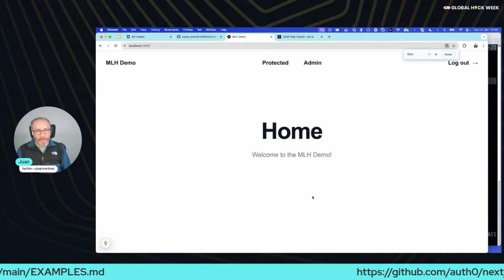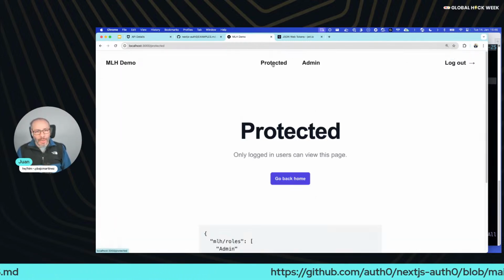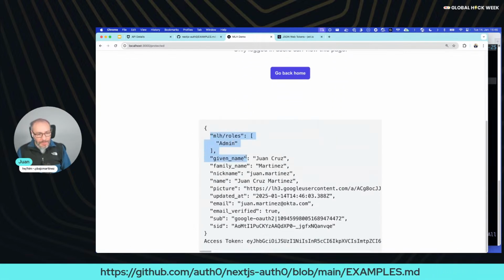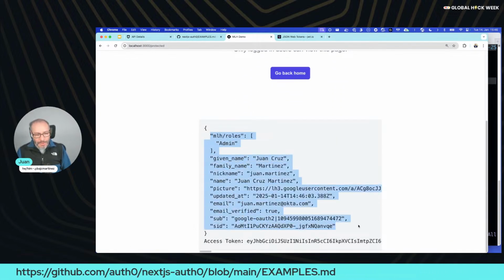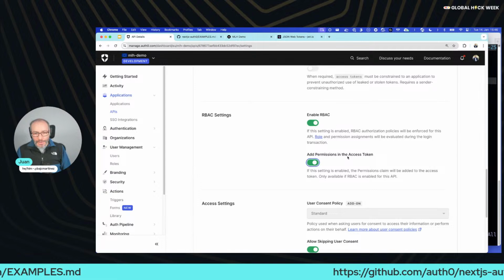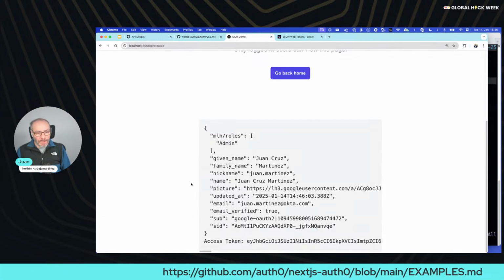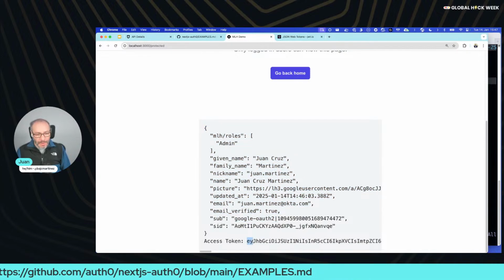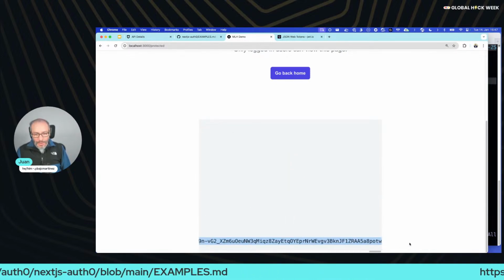All right, so we log back into the application. Let me make this bigger again, and I'm going to go into the protected endpoint again. We still see the roles, but we don't see anything about permissions. But if we take a look at the settings, the permissions are added to the access token, not to the user object. So now we take this access token, go all the way to the end, and copy that,